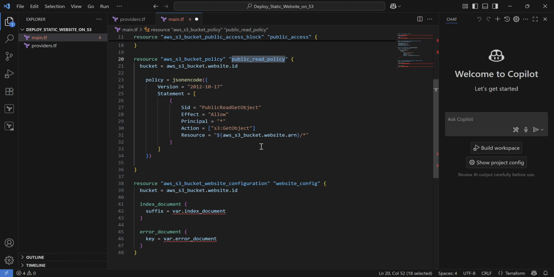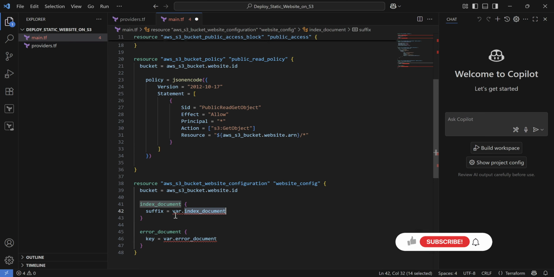Now after setting the policies, we have to configure our website. When you are creating the website, you are supposed to have at least one index page and one error page. The index page we are getting from the variables. In the index document we specify the suffix of our page, and in the error document we provide the error document, more like an HTML document.